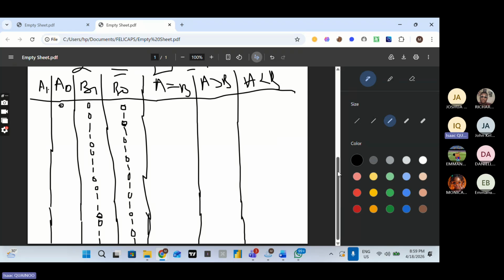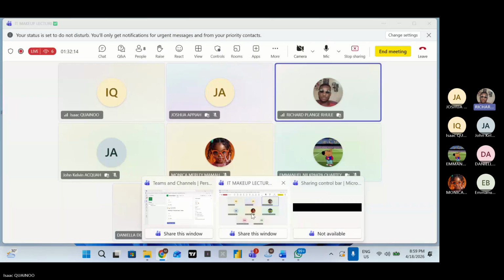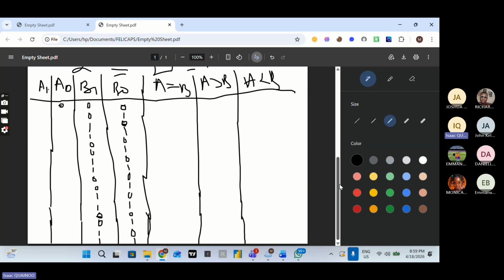So, sir, is it compulsory to repeat the numbers? Like, for instance, you are repeating it twice, for the D1. Yes, it's compulsory. If you want to minimize the resulting expression using a K-map, it's very compulsory that the correct pattern is maintained. Else, when you are numbering your minterms,